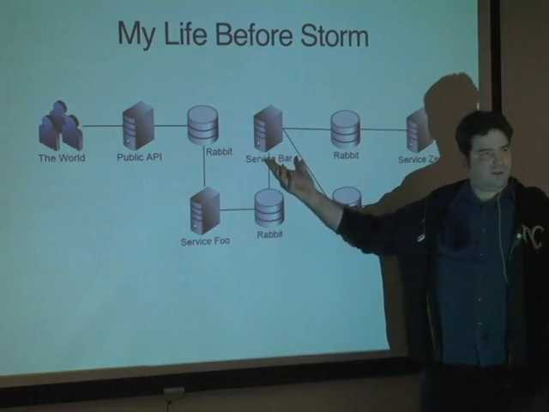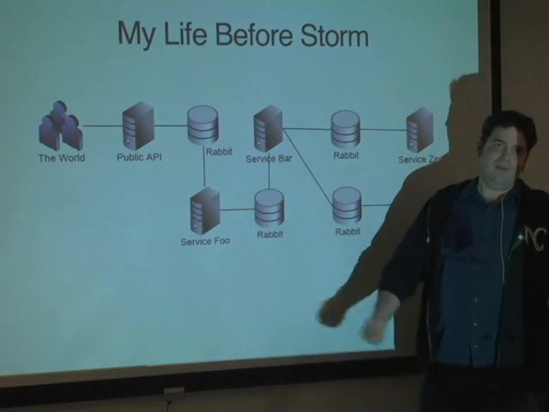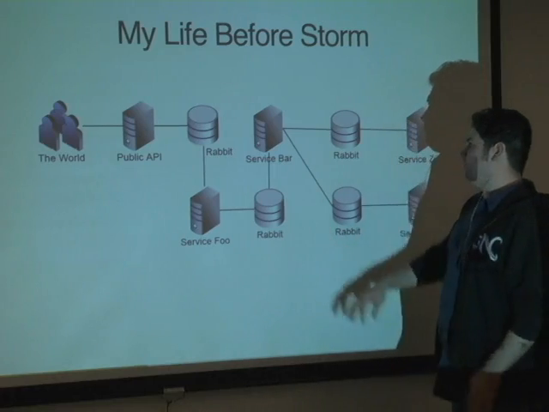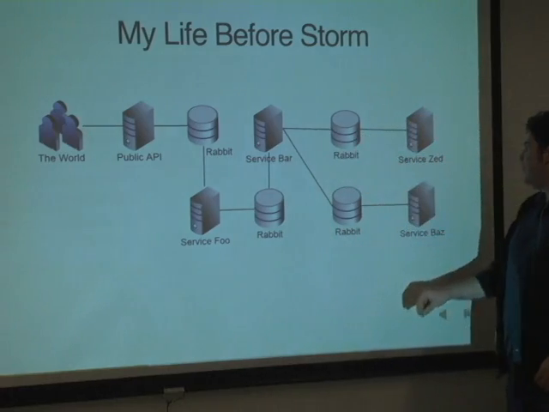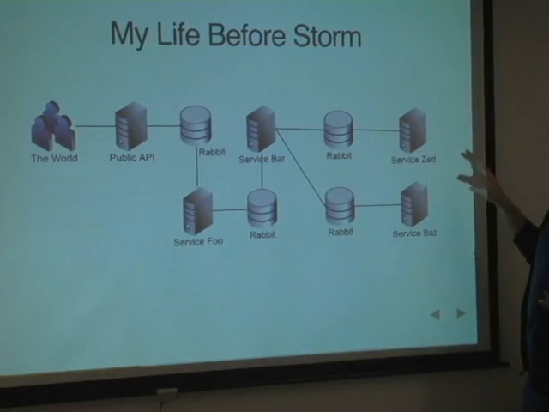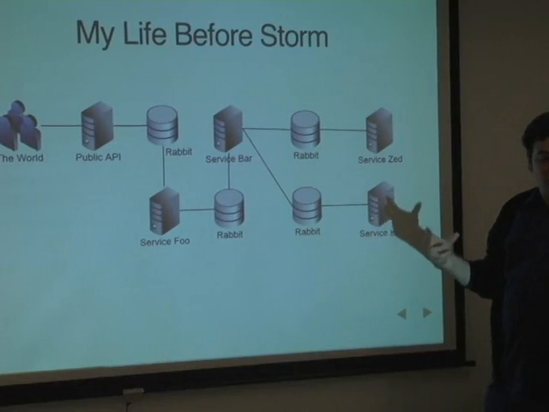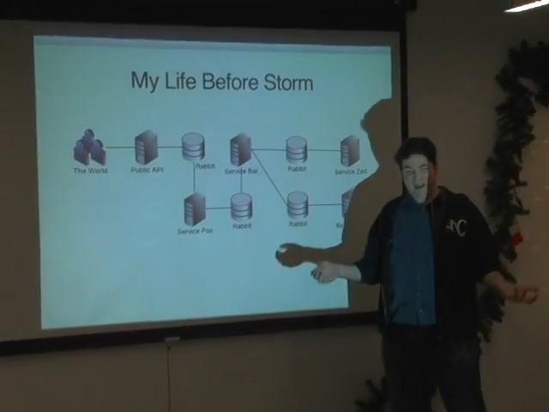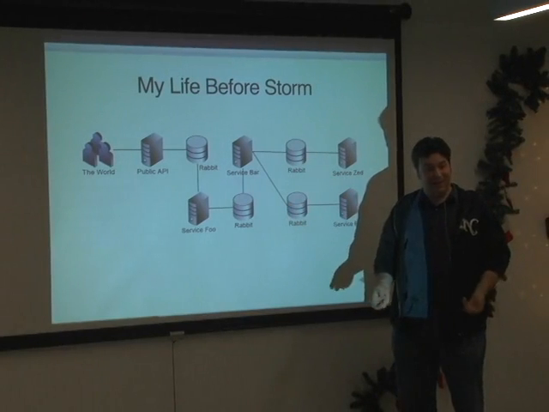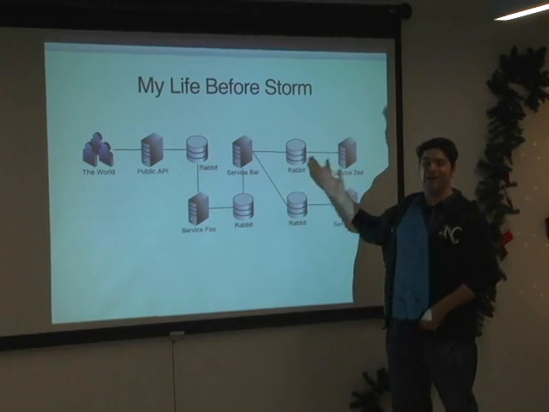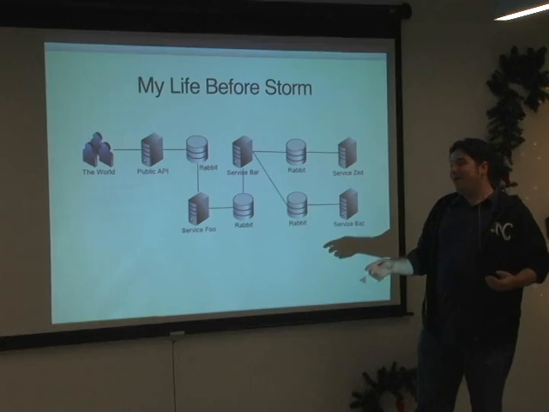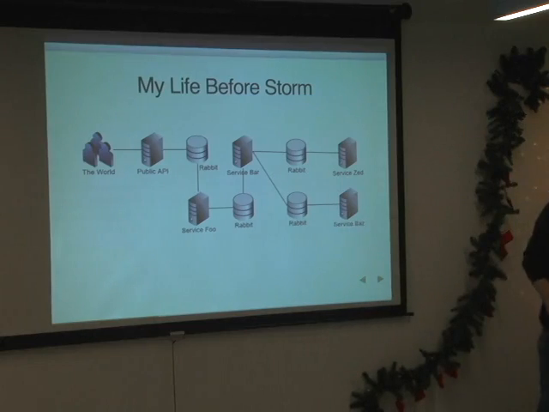Then another service picks some stuff up, and maybe they call somebody or start some alert chain or whatever, and then drop it on a couple more Rabbit queues. This is how I composed small pieces to solve my big architectural problems, and it's a step forward from the massive monolithic process I had before. My life before SOA was even worse. It was just one box, right? But this still comes with some drawbacks.